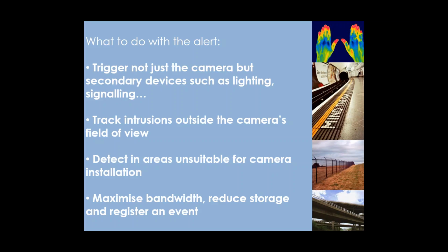Now, the other benefit to using sensing technology is obviously bandwidth. As cameras increase in their megapixel resolution, the bandwidth is important, particularly if you are monitoring this system remotely. So what our sensors can do is trigger your camera system specifically to that camera. That'll allow you to reduce storage. You can increase the record time, the record quality. By having it permanently on a high quality of record when nothing happens within the scene, you're using a lot of data and a lot of storage, where our sensors are able to activate and drive the camera to increase the record time. So you have a cause and effect, which is extremely useful,